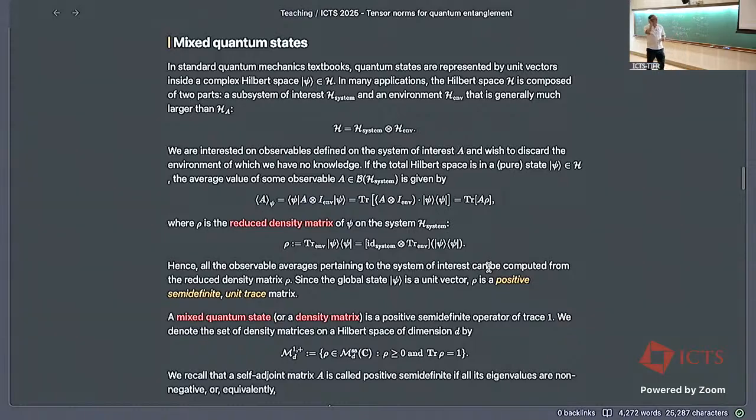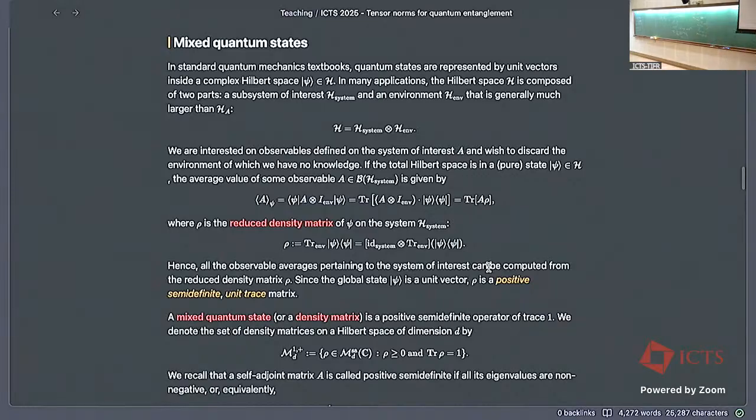So the idea of these open quantum systems: you have some state in a Hilbert space, the total Hilbert space, which is comprised of two parts. You have the system you want to study, I call this H system, and you have some environment which you don't want to talk about, because it's either too complex, or you don't have it, or some adversary has it, for different reasons. But you don't want to talk about this H environment. And so if you are only interested in your H system, and for instance you want to measure, you want to have the expectation of observables on H system,